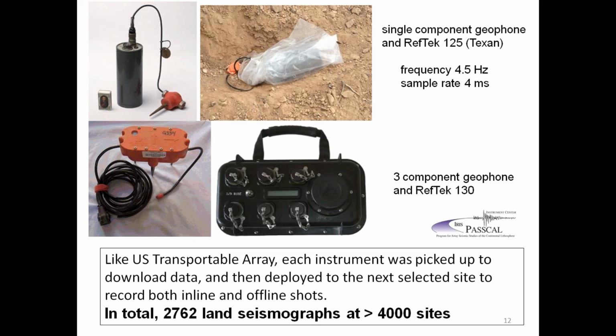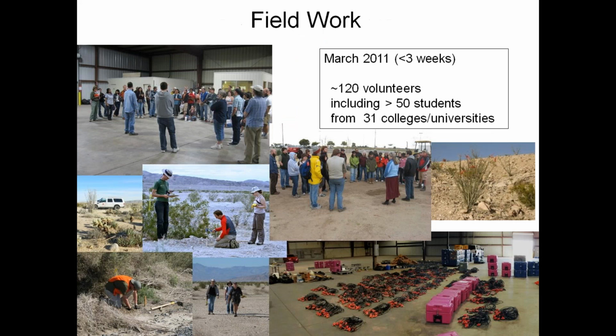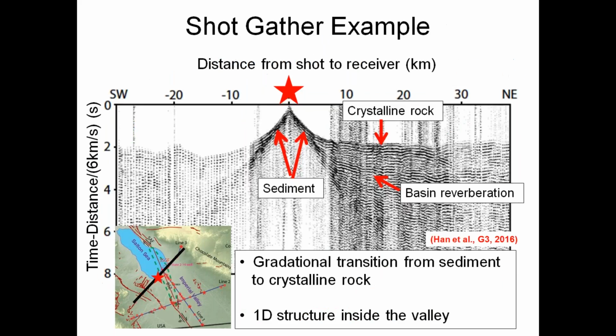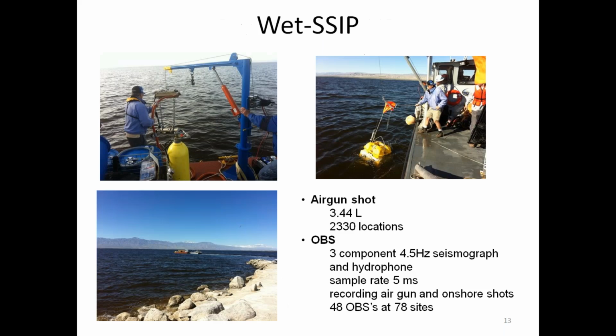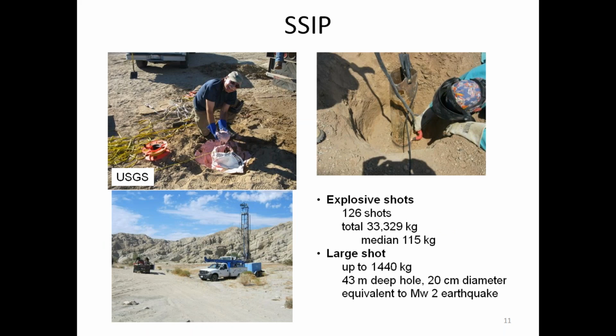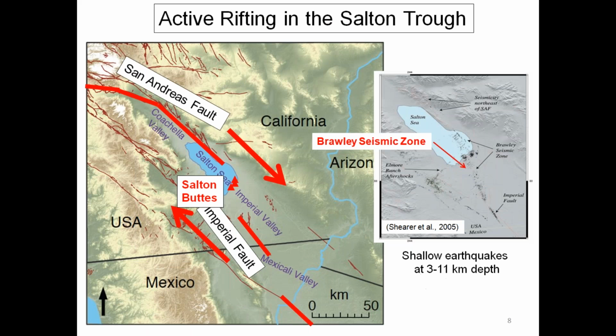One big question here is if the San Andreas Fault extends south of Bombay Beach, or if the Imperial, I think this is the Imperial Fault, extends north of Brawley. Could you say something on that topic based on your work? No, I can't. So I think they're talking about this area in between the southern terminus of the San Andreas and the northern terminus of the Imperial Fault. Yeah,